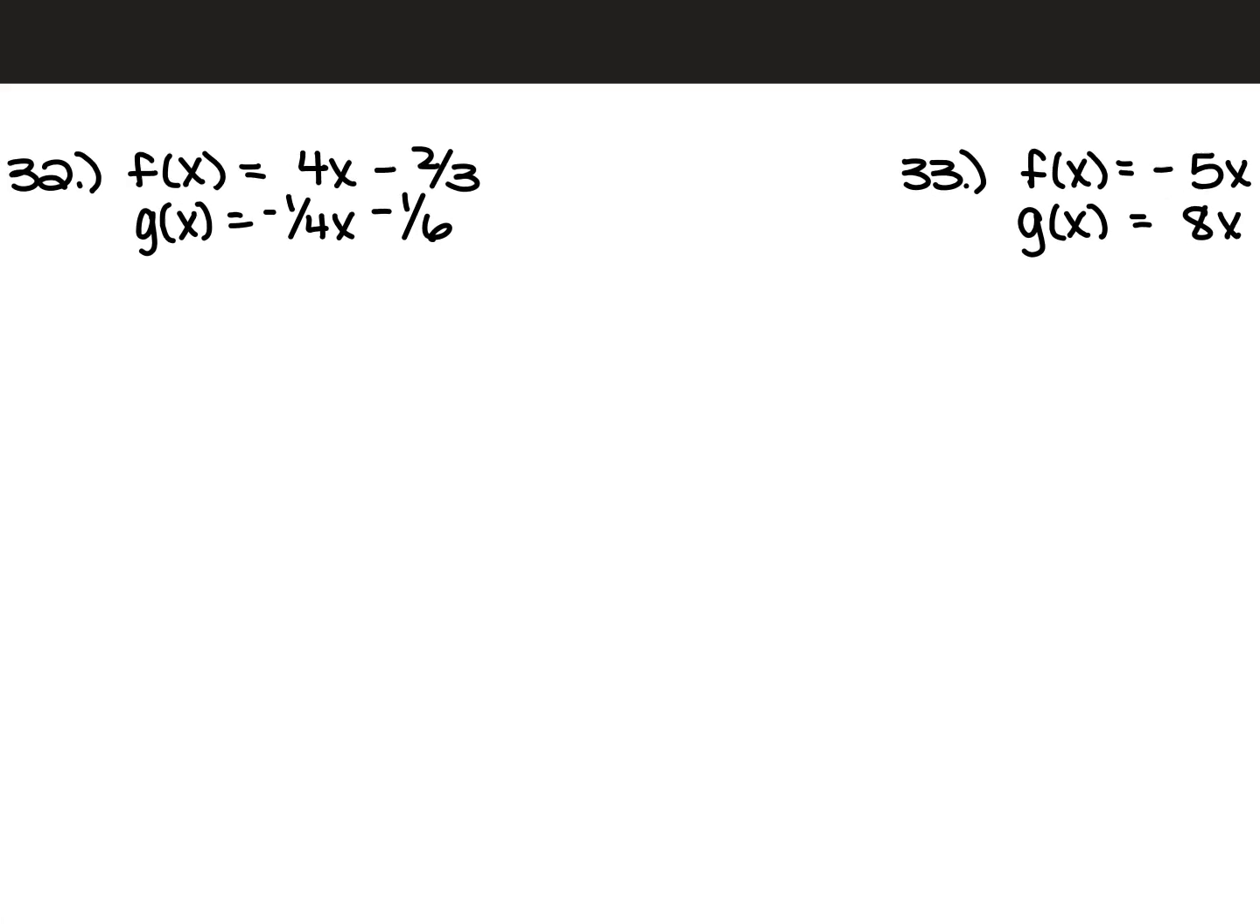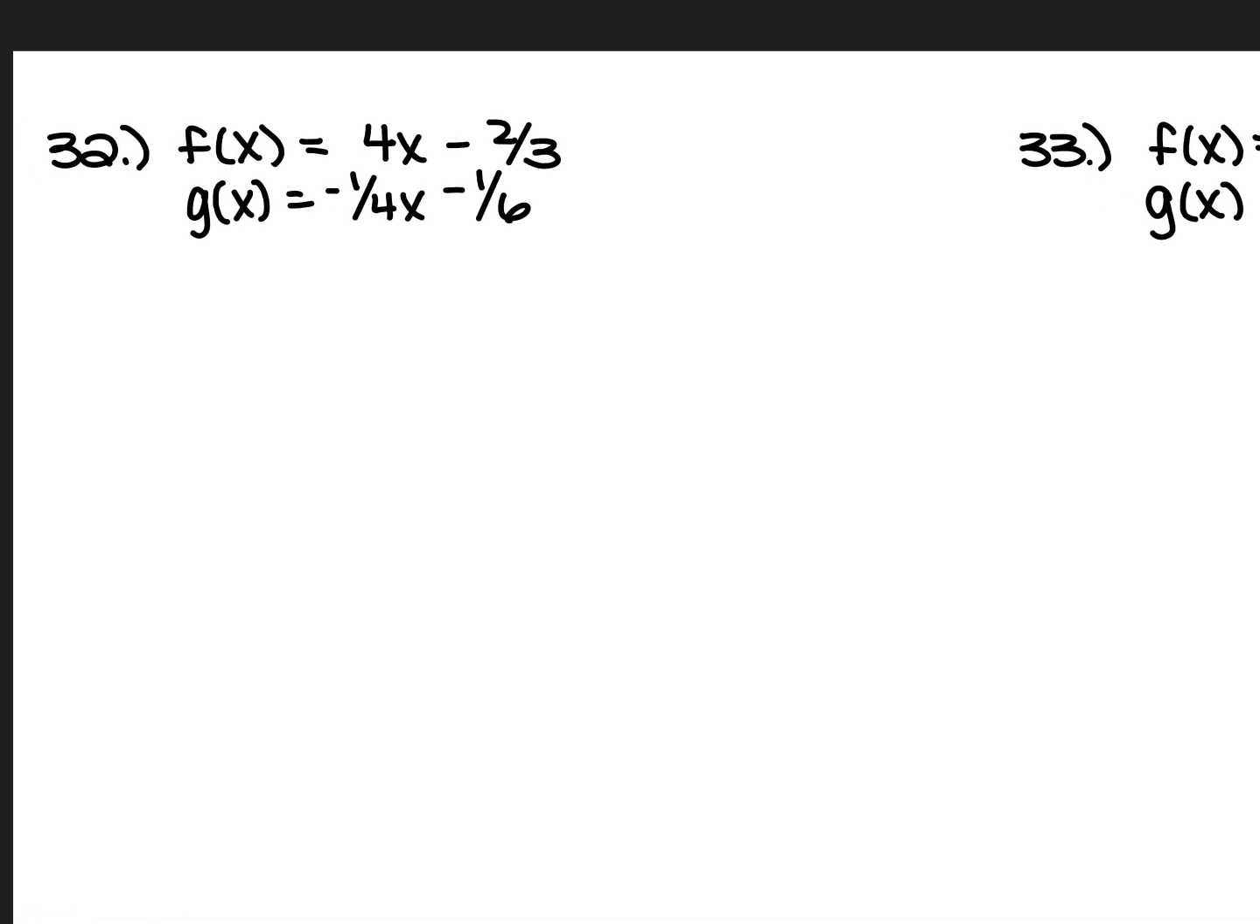32. So for 32, you have f of x is equal to 4x minus 2/3. g of x is equal to negative 1/4 x minus 1/6. So again, I'm going to do this the f of g of x and the g of f of x way. So if we do f of g of x, that's going to be 4 times negative 1/4 x minus